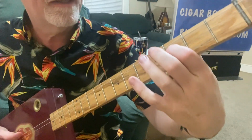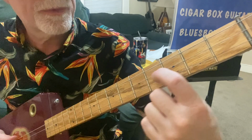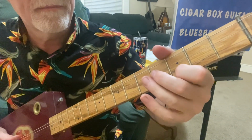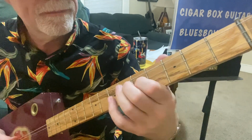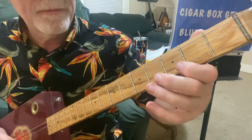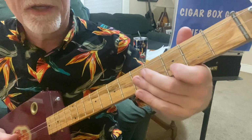All I'm doing is sliding up with one finger on one string, middle string from 3 to 5. Then I'm moving my first finger over to that same fret, third fret, first string. You can also slide into it,